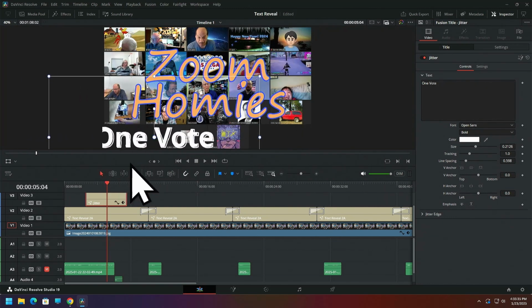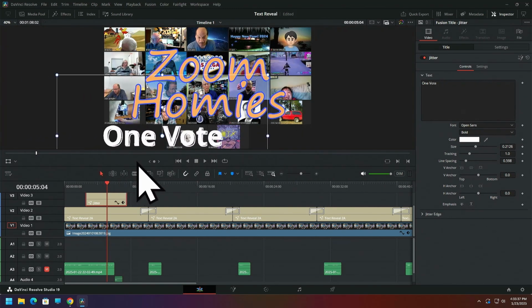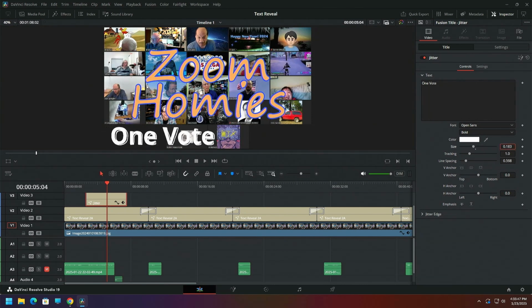But I think what I could do is place it right there, turn the transform off, go into the size over here, turn the transform back on, go back to the size. You can leave the transform on, by the way, it's not going to affect this, and then put that right there. And then turn transform off,